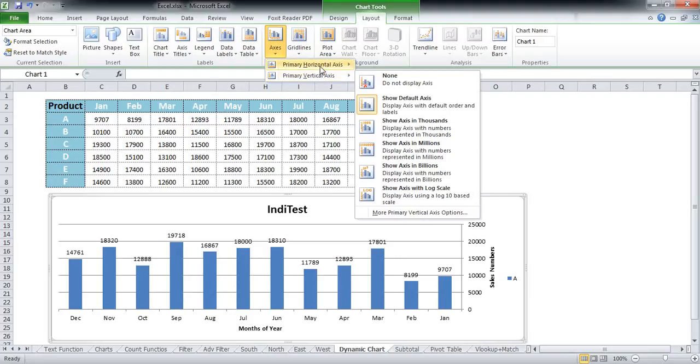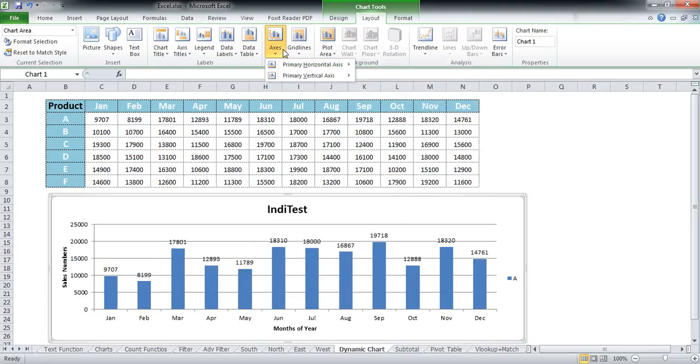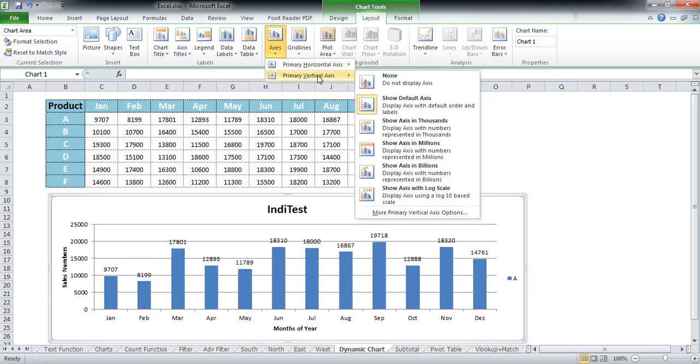Now if we look at the vertical axis options available to us, let's set this back to the default value. If you look at the vertical axis values, there is an obvious difference. First, the default value that has been selected is to show my default axis, that is, there's going to be no formatting of the number values, and there would be no labels on this.